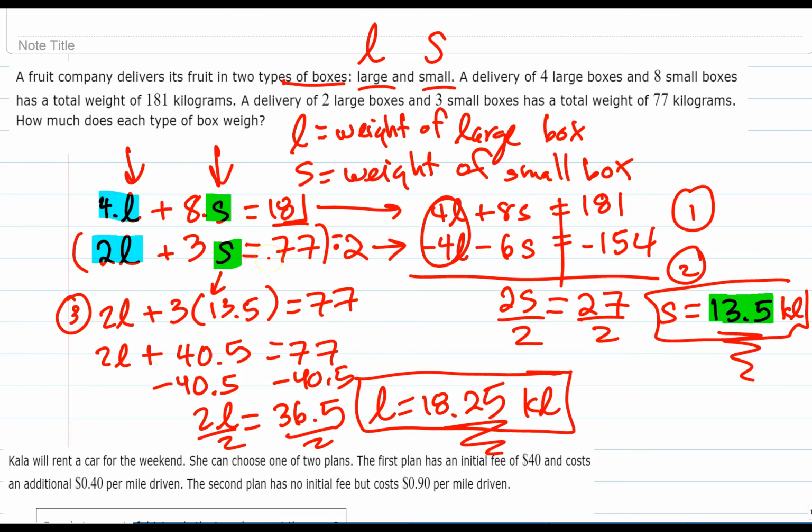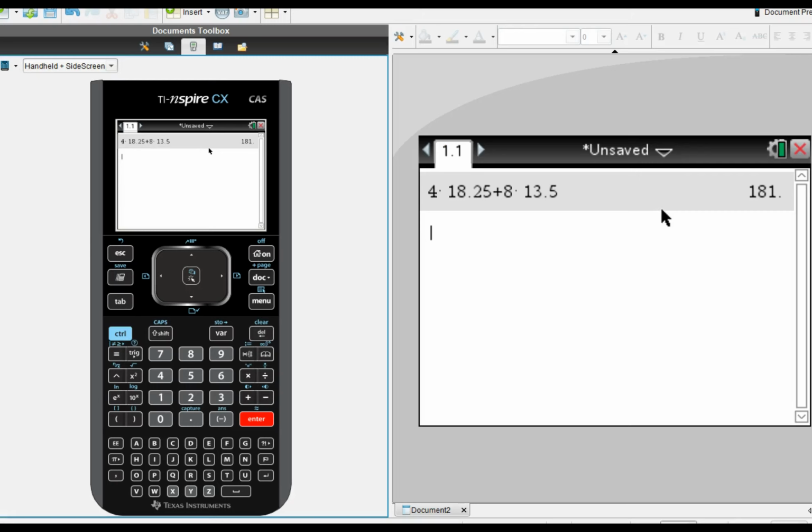It should work for the other one. 2L plus 3S should equal 77. 2L plus 3S would be 2 times 18.25 plus, was it 3 times 13.5 should equal,